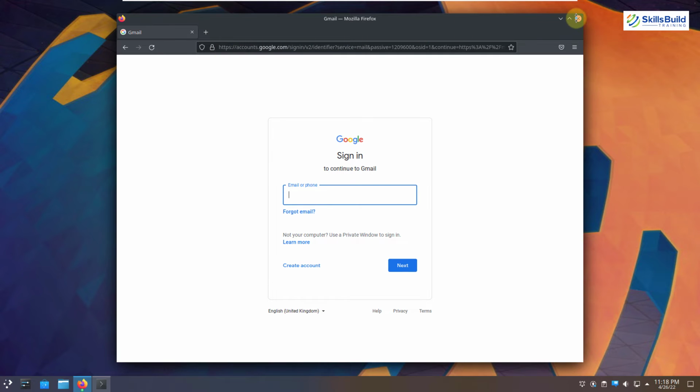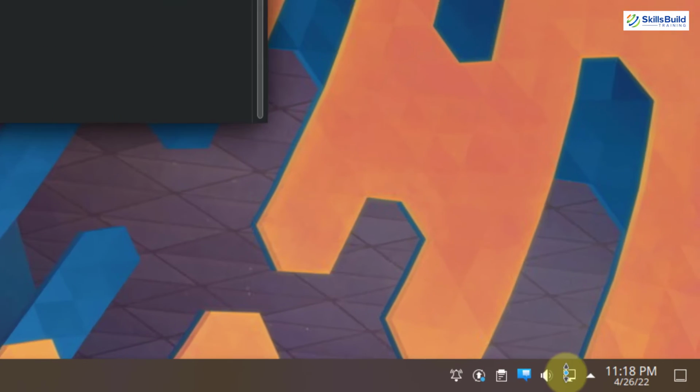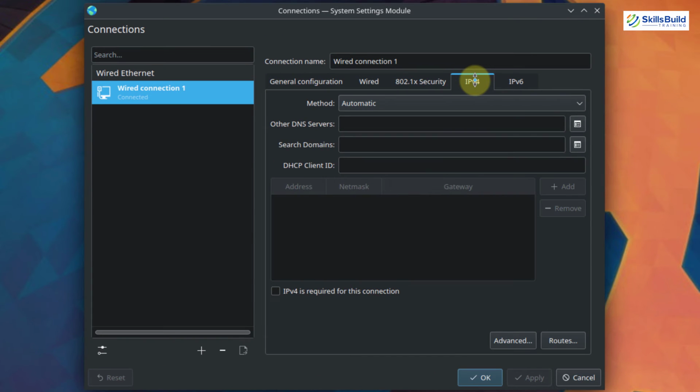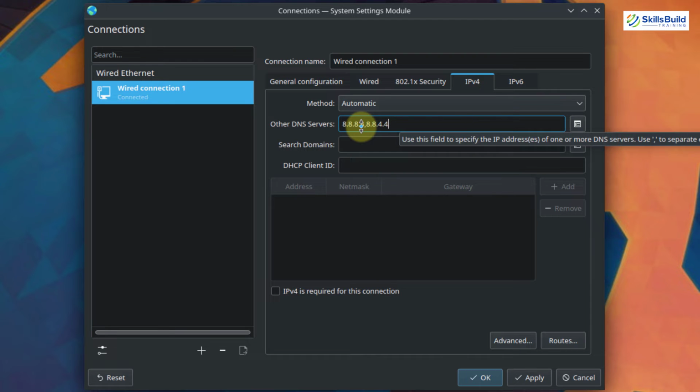To do so, I will just close my browser and I will click on my network, and from here I'll right click on it and I will go to its configure. From here, go to your IPv4, and in the section that says other DNS server, just write here the DNS server addresses. I will write here 8.8.8.8, comma, I will write another one 8.8.4.4. So basically I have added 2 more DNS servers into my network, and now my internet speed will work